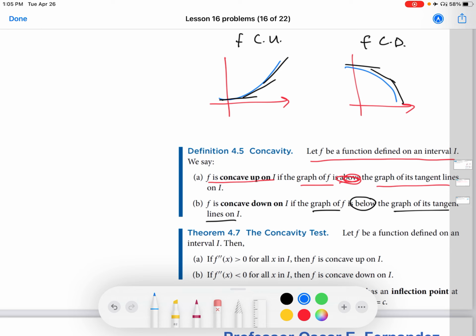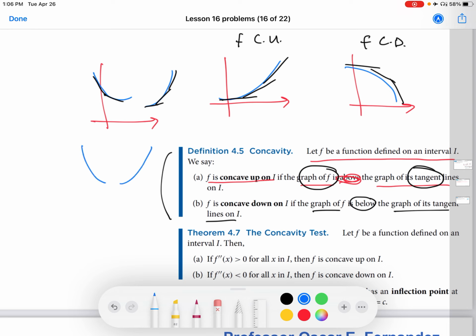Okay, so the pictures that I've drawn are not necessarily representative of what might happen. This is also a concave up function, right? So this one and this one are both concave up. So that's why it's a good idea to have some understanding of this concavity concept in terms of the graph of the tangent lines and the graph of the function and how they relate. Because you can have concave up decreasing, concave up increasing. You can have concave down decreasing, you can have concave down increasing. So these are all in the same separate category. So again, look at the tangent lines, whether they are above the graph, that's concave down, or